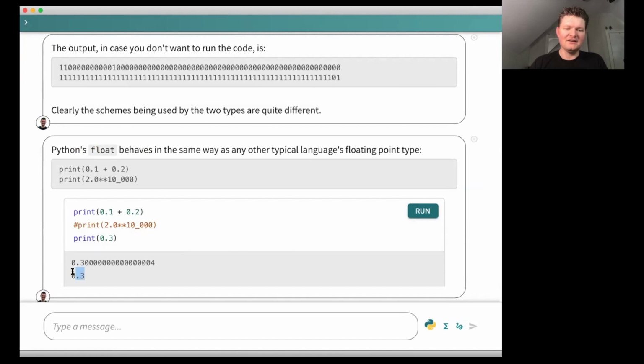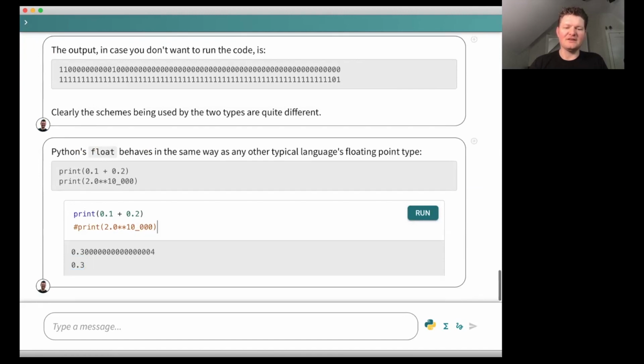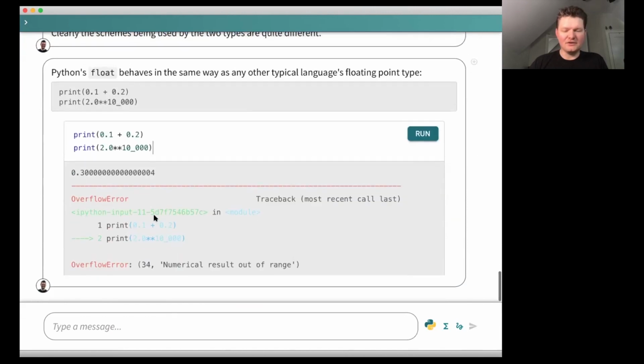It's not like 0.3 is an impossible value for Python to print for you. But then also you can go out of range. So if you try to raise 2 to the 10,000, then you're going to have a problem. This goes beyond the range of values that can be represented by floating points, and that can always be an issue. Depending on what you're doing, if there's some intermediate calculation that involves dealing with really huge numbers before you come back down to earth, to like regular person numbers, things can break where they wouldn't in pure math,